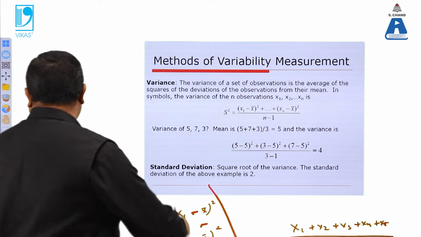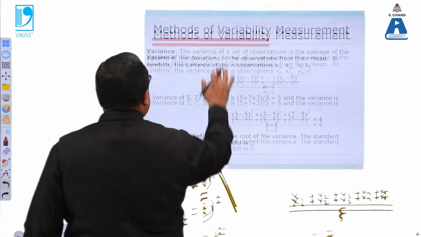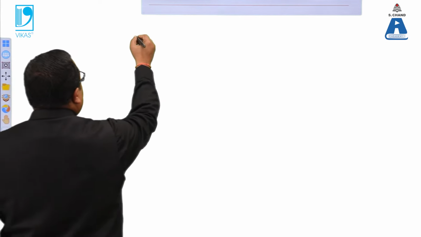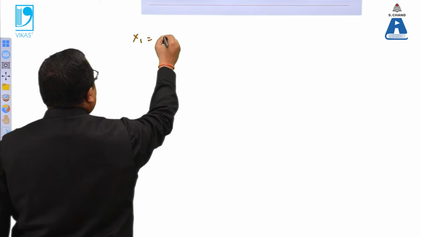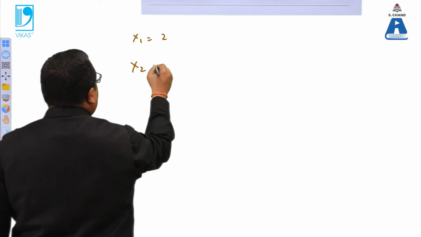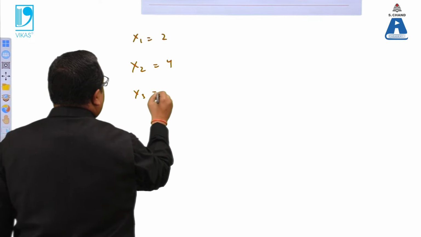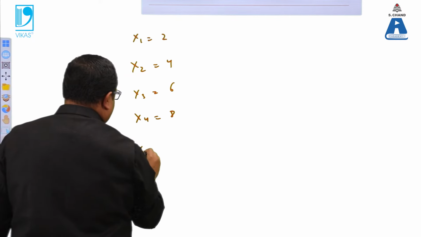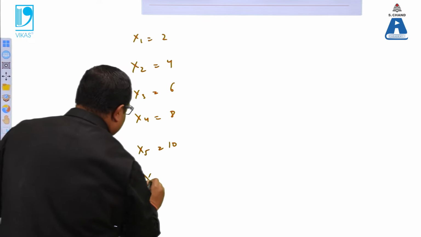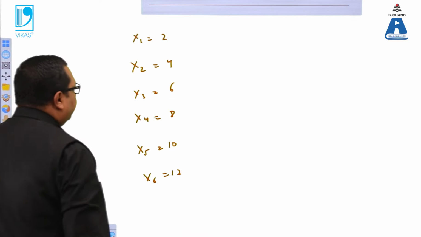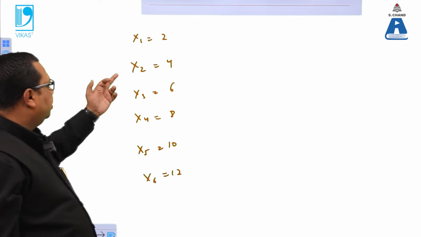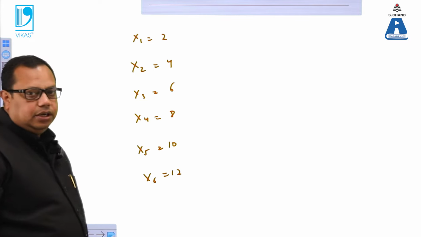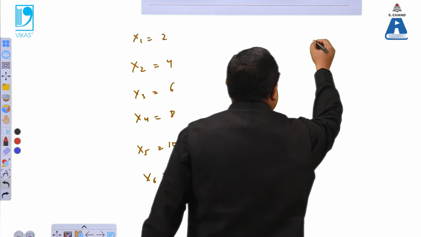So let's again take an example, where different things are asked in one question and see how we are going to answer this. Look here. The question says x1 is 2, x2 is 4, x3 is 6, x4 is 8, x5 is 10 and x6 is 12. Now we have to calculate the mean,